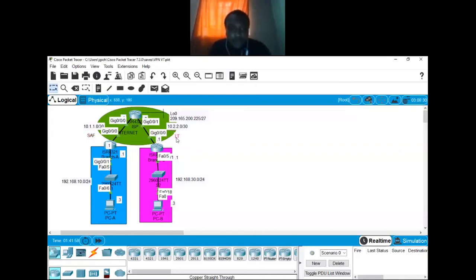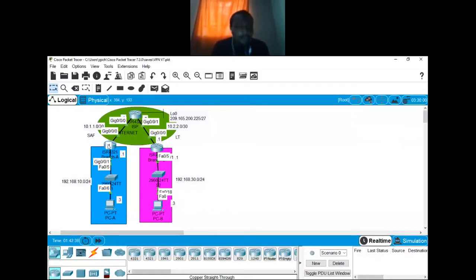Remember, in general, all ISPs normally meet. So we create an environment whereby your branch and the other branch directly or indirectly connect. But now, if PCB was to communicate to the internet, there are processes of NATing that must take place. So the PC's private IP address should be converted to a public IP address. If you saw my NAT class, you can be able to do NATing. So this private IP address should be converted to a public IP address so that you can ping a device like Bloomberg Zero that is on the internet. The same with the other branch.